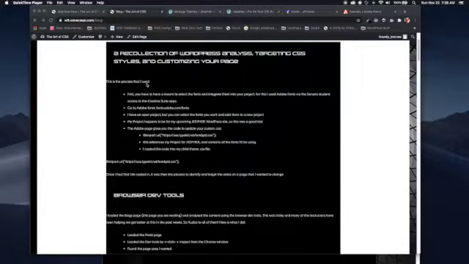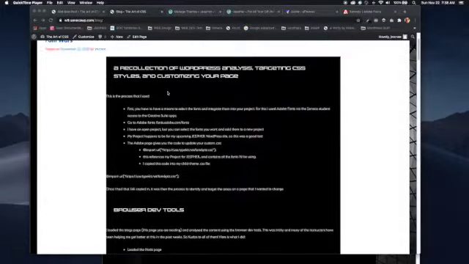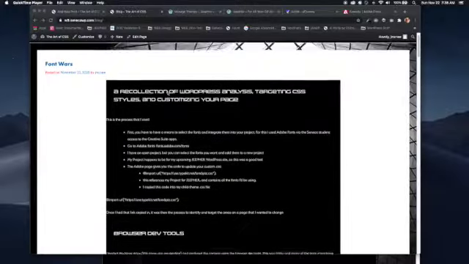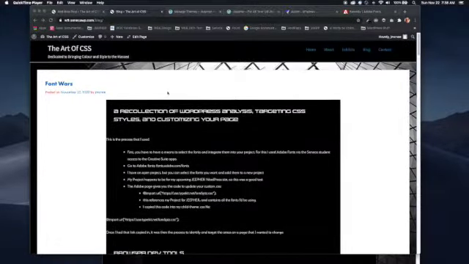Okay, so we're going to do a quick screencast here to show you, the instructor, Donna, hello Donna, or whomever's watching this, the process I use to target and select the fonts just on this page in the Art of CSS WordPress